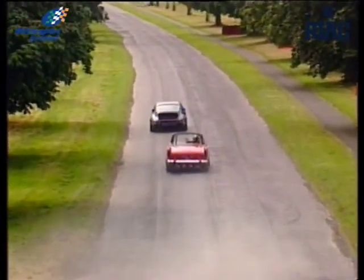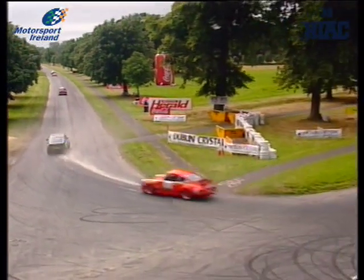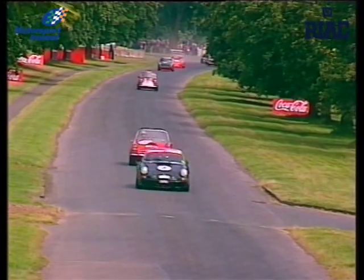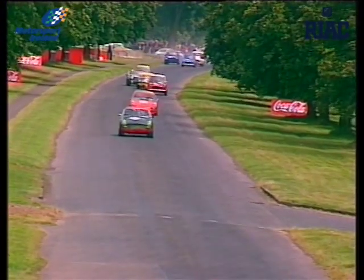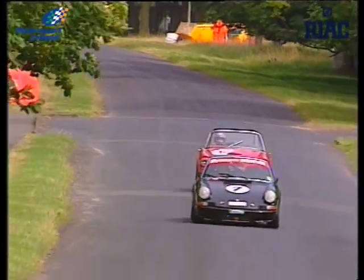Around Dublin Crystal Corner for the second time in this 8-lap race, it is Bertie Carruthers who still leads from Edmund Cassidy. Normally what these cars would do in Mondello Park especially is run a handicap race. Basically the slower cars start first, and then the theory is that they all flash by the finish line together. It doesn't actually happen that way, but this time around it is a scratch race, so they're vying for positions